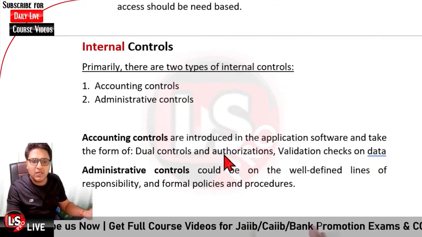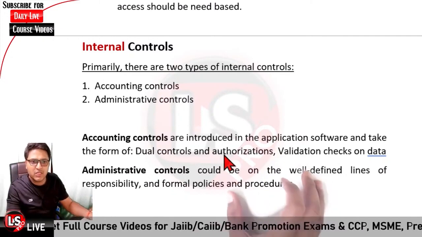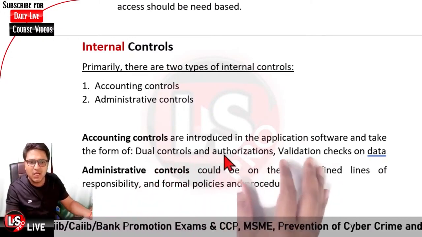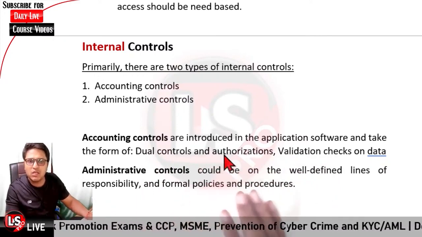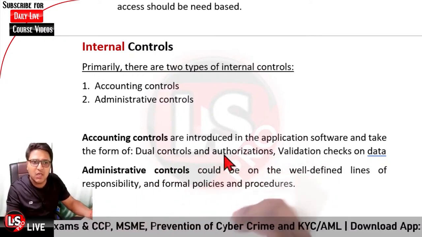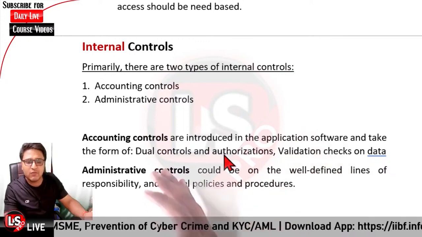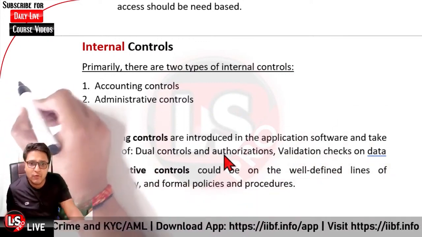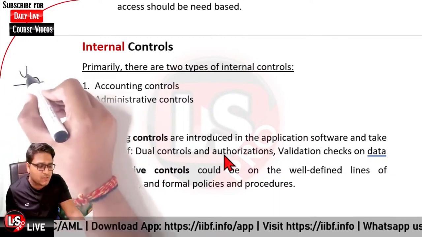So what are the accounting controls? By accounting control, we mean when we are dealing with the application in the software, there should be dual controls. Dual controls means there should be the authorization first of all, then the validation check on the data itself. What is validation check on data? First of all, it is regarding the authority,